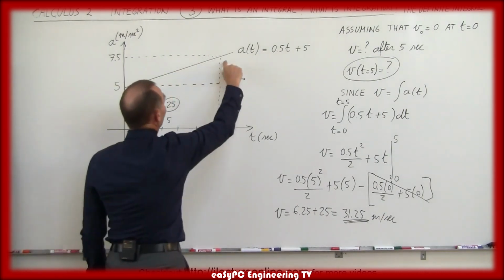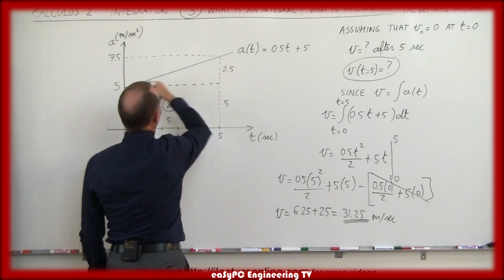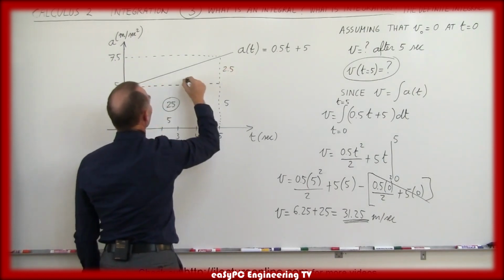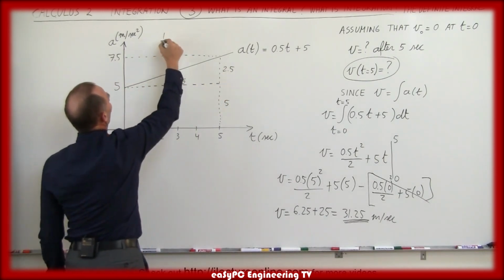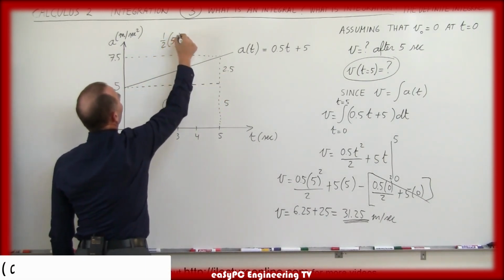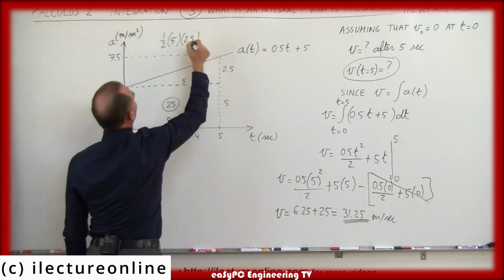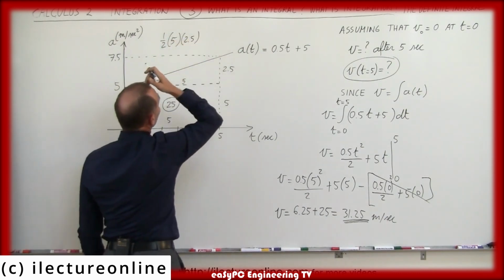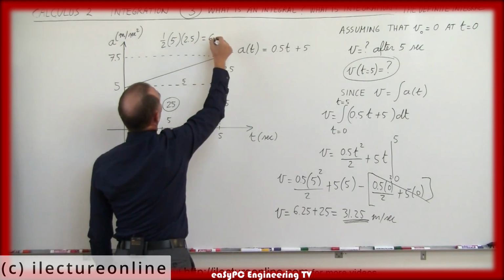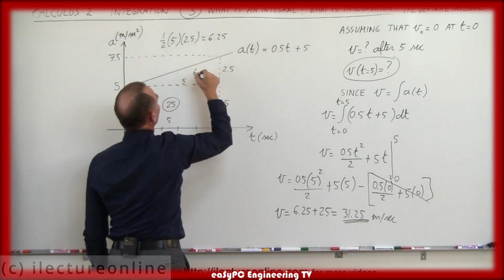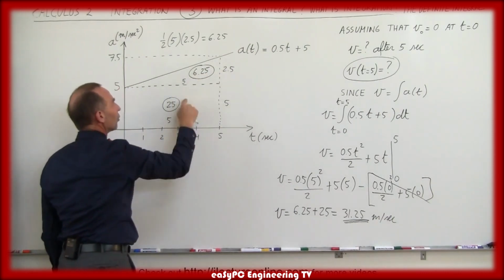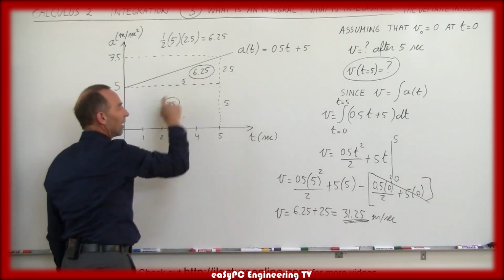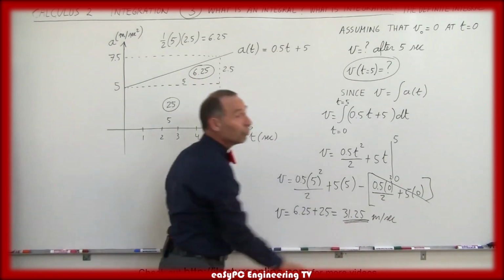Notice that it has a height of 2.5 and a base of 5, and so the area of a triangle is 1/2 the base times the height, 1/2 the base, which is 5, times the height, which is 2.5, so that would be 2.5, that's 12.5, divided by 2 is 6.25, so that's the area of this portion of the graph. If we add those two together, notice 25 plus 6.25 does indeed add up to 31.25,